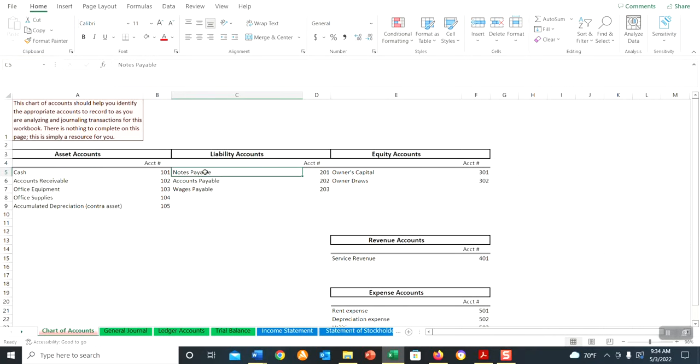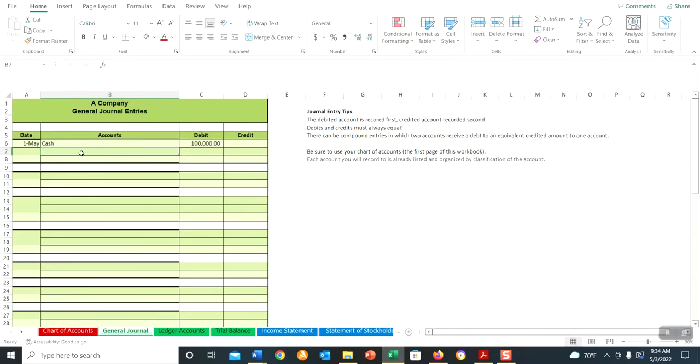So in this case, I would use the notes payable liability because it's more indicative of the term of this note or the type of this note. So that's going to be notes payable. Takes a credit for 50,000, right? Because we borrowed 50,000, and then the owner's capital is going to take the $50,000 increase as a result of the contribution of the owner's personal funds. So now that we've recorded our entry, we know that our debits and credits are in balance, right? Our debited account is recorded first, credited accounts are recorded second.